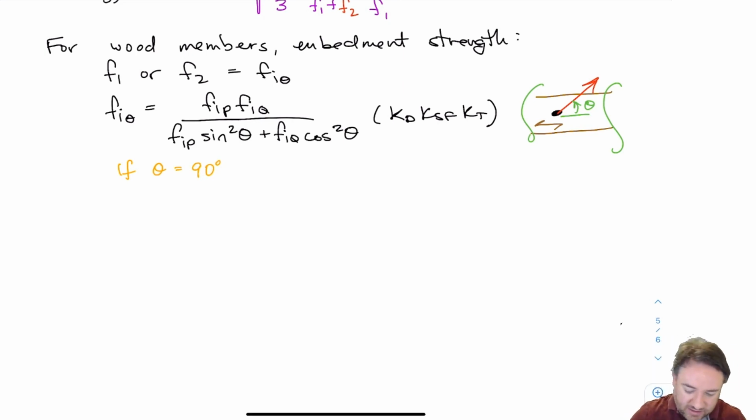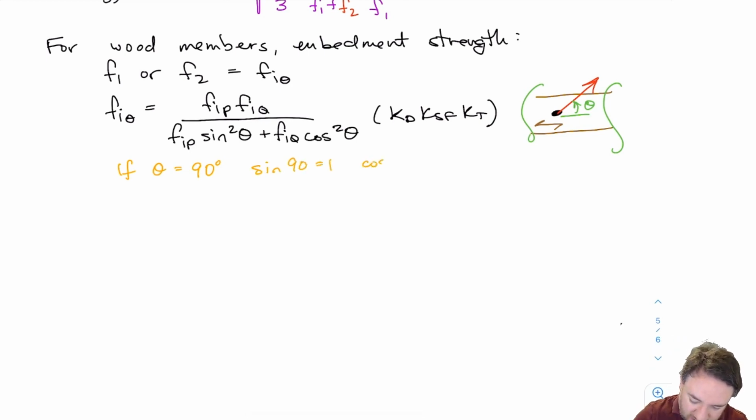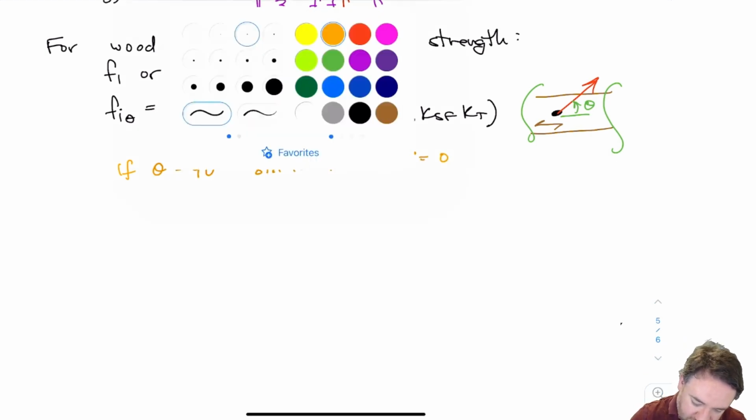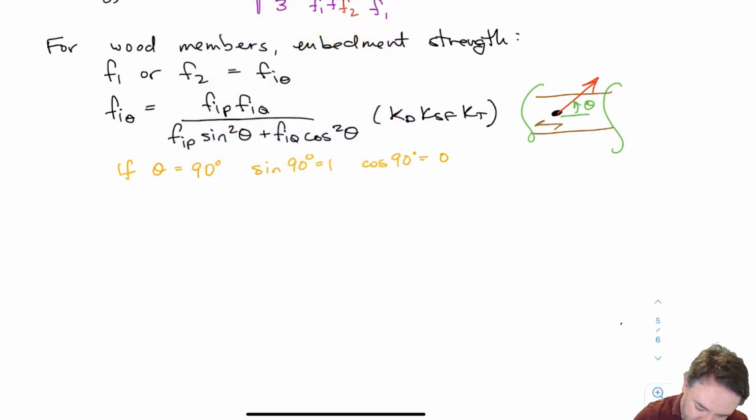Then what's sine 90? Sine of 90 equals 1, cos of 90 equals 0. So sine squared of 90 is also 1, and cos squared of 90 is still equal to 0. So then that would mean that my, let's keep it in orange,